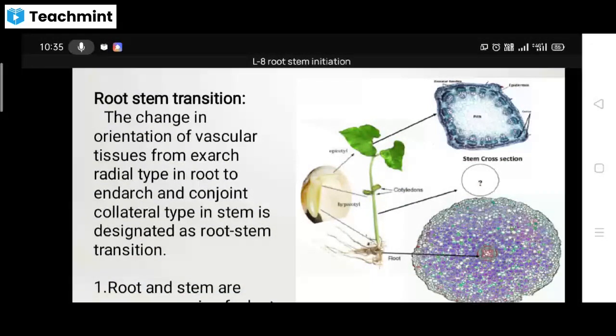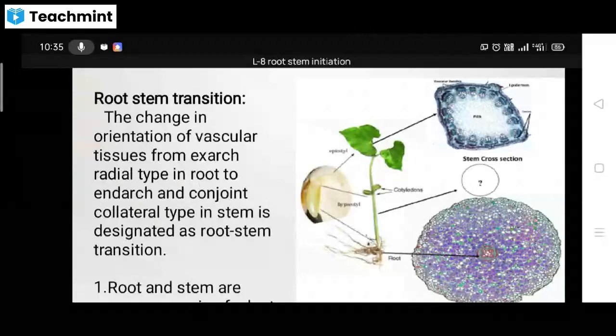The next topic in your syllabus, paper second in unit third, anatomy. The second point of this anatomy unit is the root-stem transition. As you know, the entire plant has the root, stem, leaves, flowers, fruits, etc. The roots are under the soil and the above portion is the stem. You can clearly see in the picture. So anatomically we have to focus here.